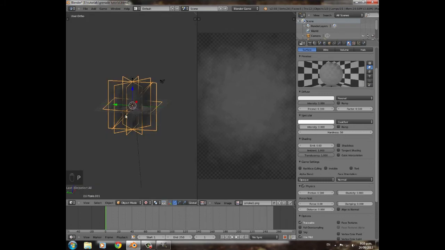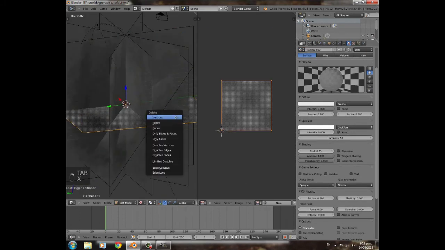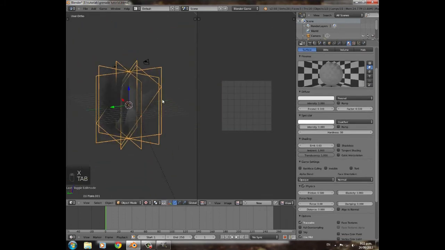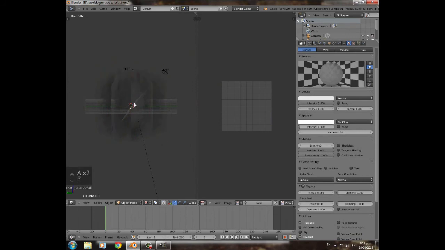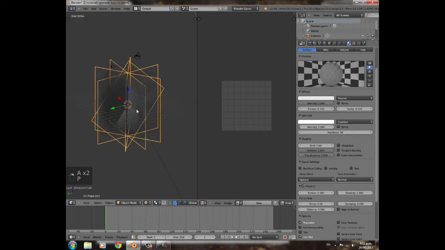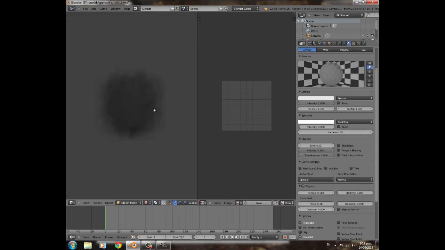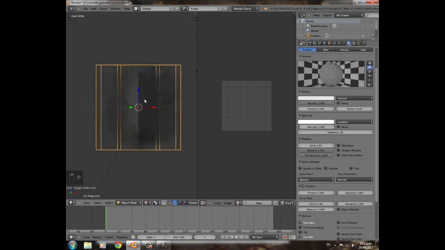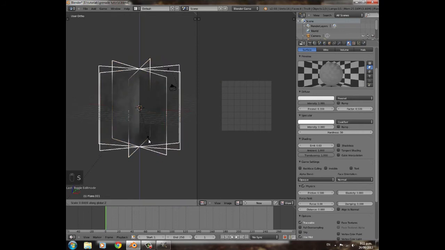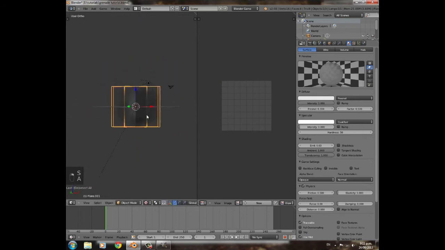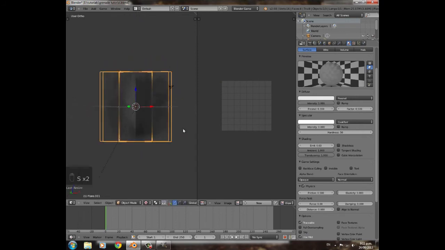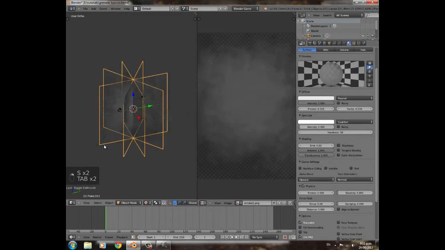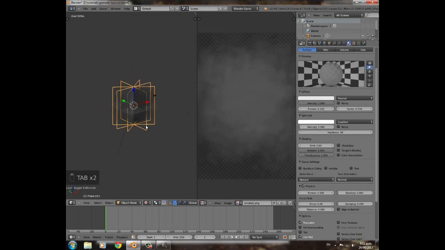And actually we're going to delete that face. Nice. Yeah, that will just have to make do. So we can scale that to something like this, I guess. So that looks good. Press tab to go out of edit mode, and then press M to move it to